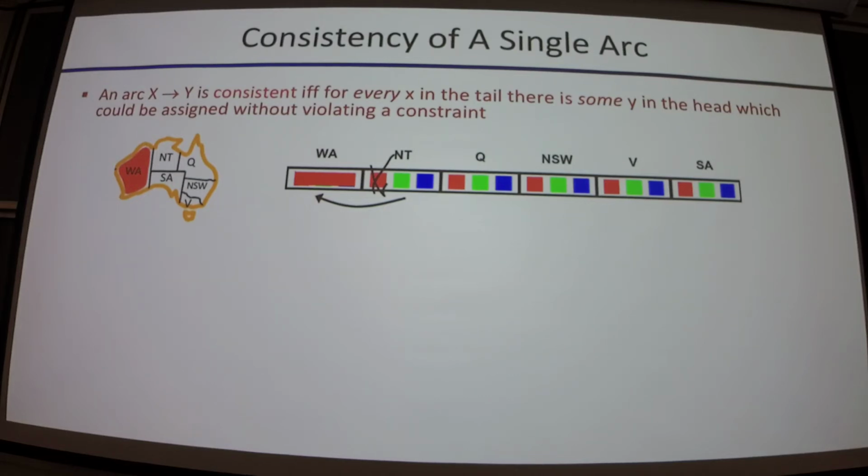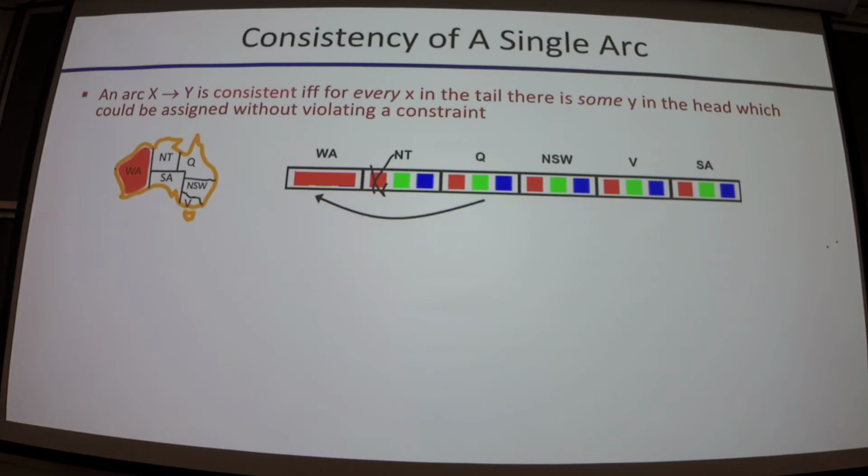Okay, so this introduces an important notion. An arc is or is not consistent, or an entire graph can be arc consistent, in which every arc is consistent, or is not. But then you can also make arcs consistent. We're going to look at algorithms that make arcs consistent, but consistency is a property. So maybe we cross that out. Is this arc now consistent? It is. And why? Because if we assign NT green, then there is an assignment left for WA that works, that's red. If we assign NT to blue, there is an assignment for WA, that's red. This is consistent.